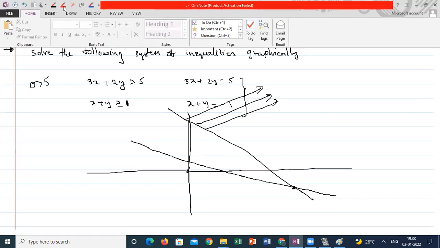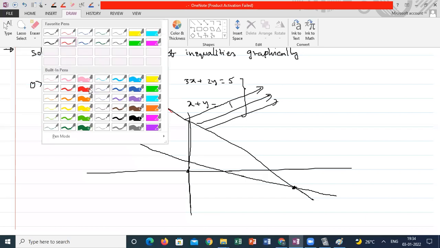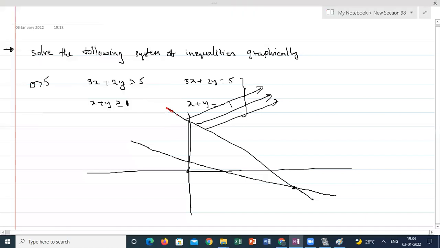So how do I draw this graph? The points are not included. How will I represent that? Instead of drawing a straight line, you have to draw a dotted line. I will show you the dotted line with thick. You have to represent this graph like this because there is no equality symbol. You have to take the shaded region of the straight line, where the points on the line are not included.